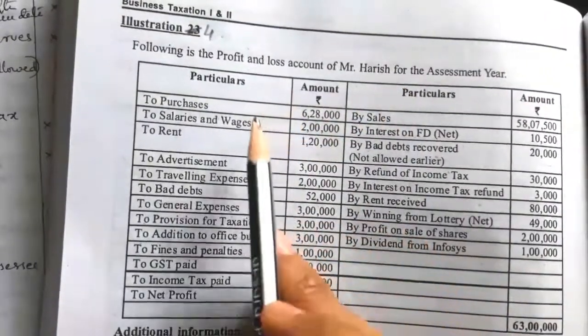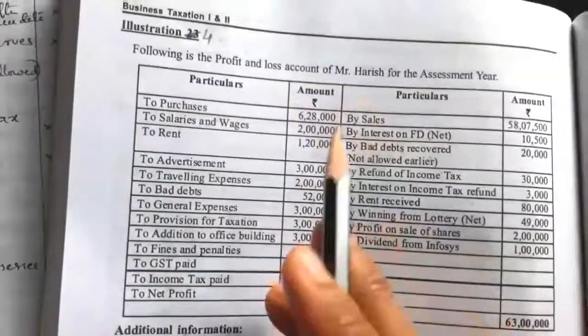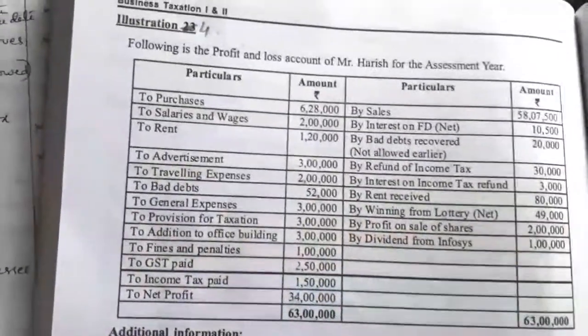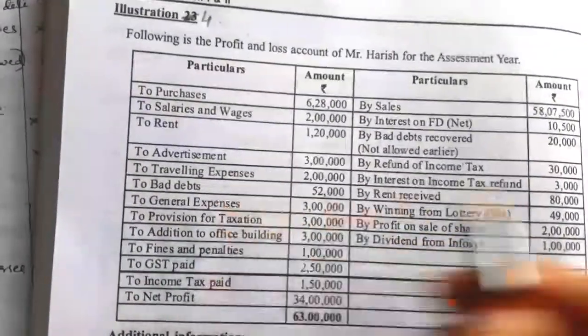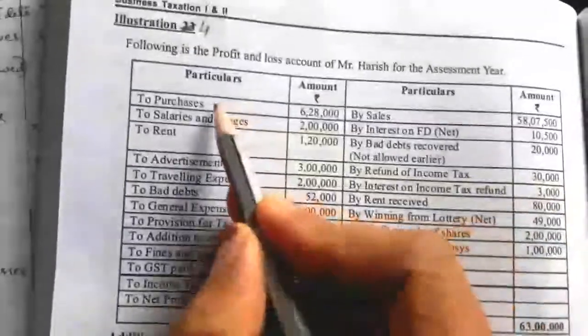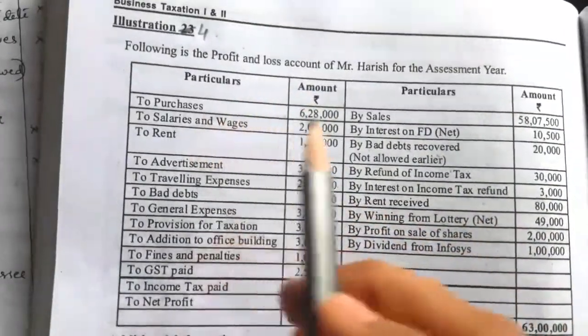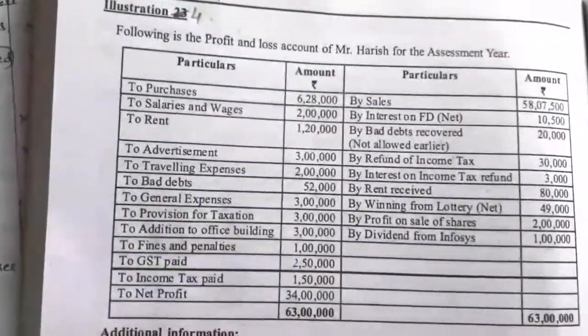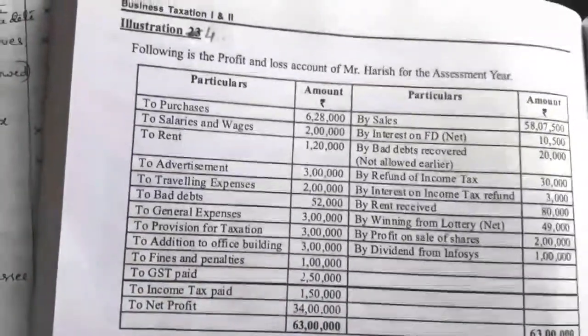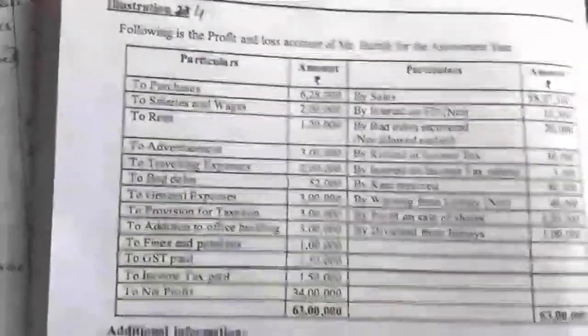So it is an allowed business expense. For the business, they have to purchase goods. So purchase of material or any purchases is an allowed business expense. So they can write it on the debit side of a trading and profit and loss account as an expense.